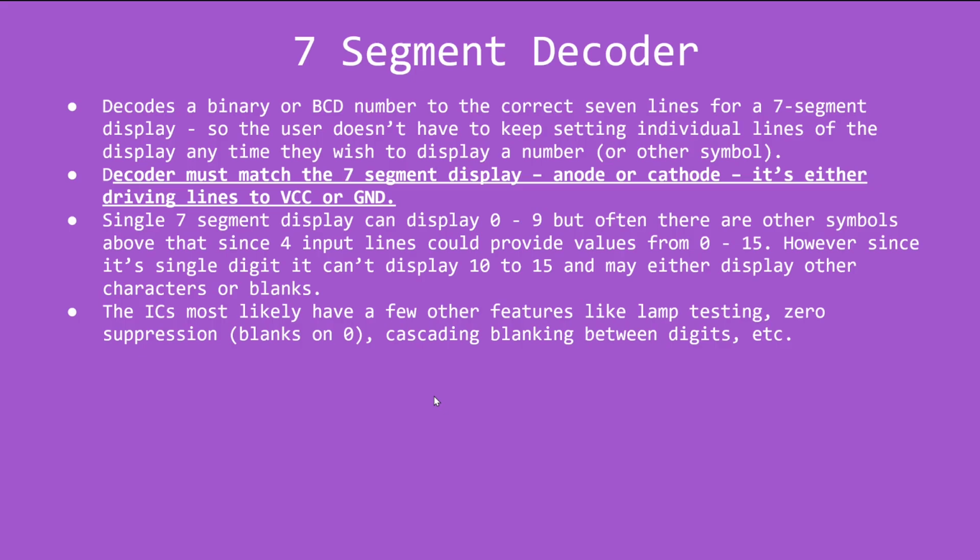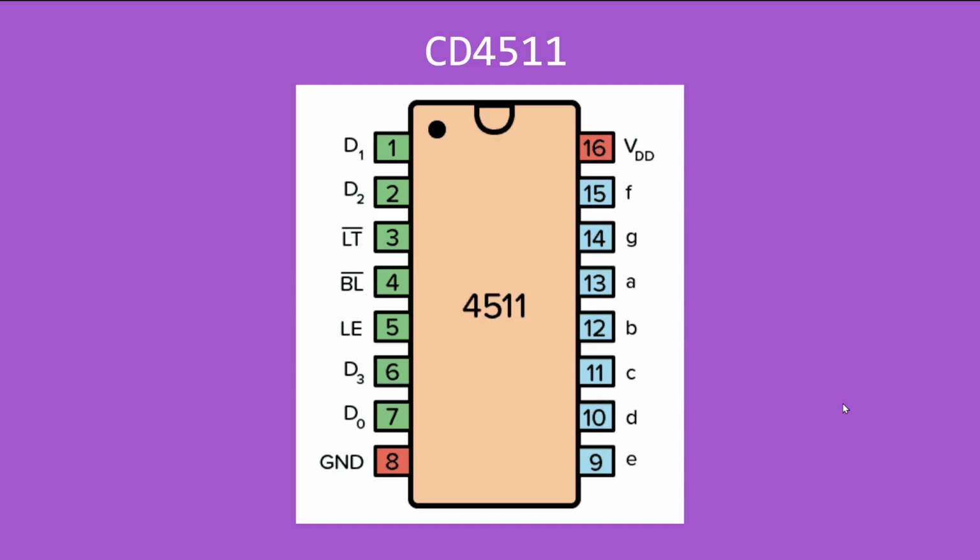Specific ICs probably also have a few more features like lamp testing, zero suppression, which is where it blanks on a zero, cascading blanking between digits, and maybe some other features. Here's an example of a 7-segment decoder. It's the